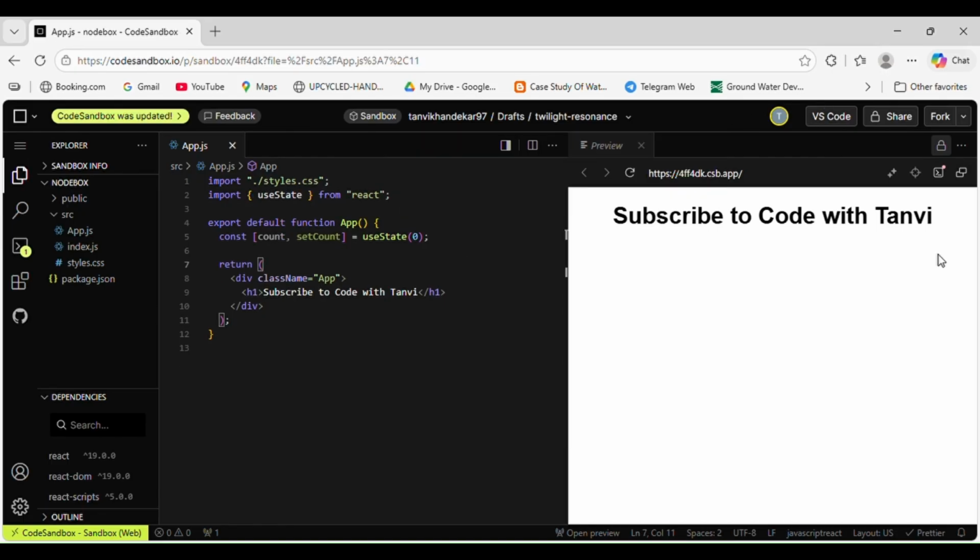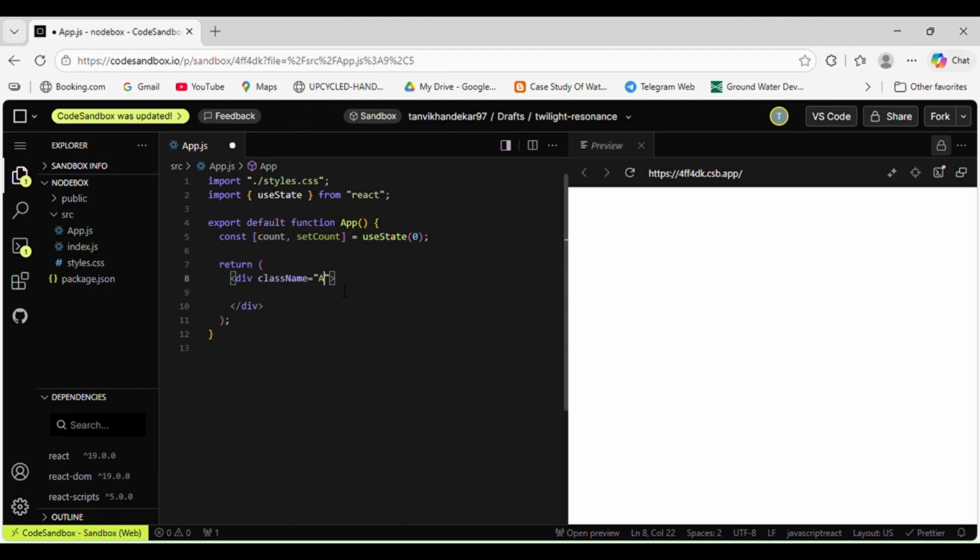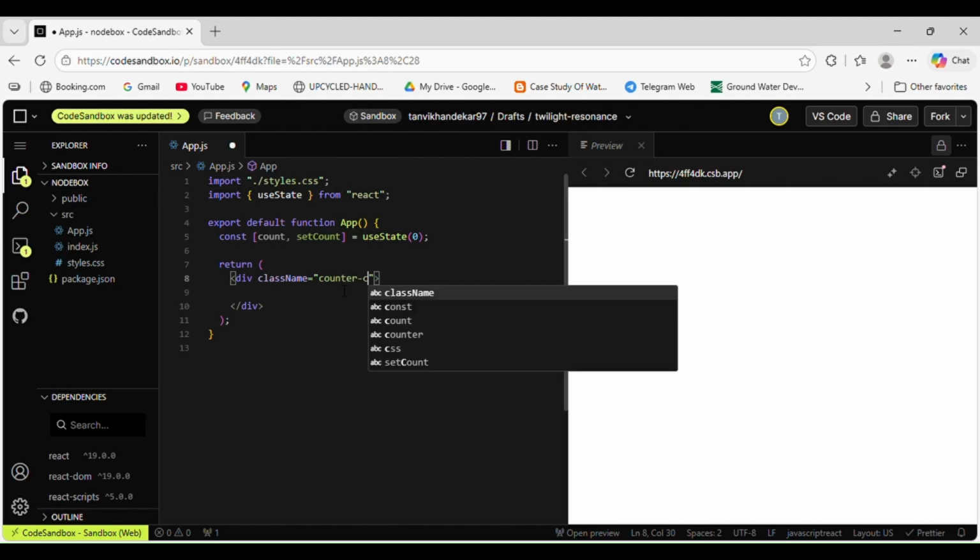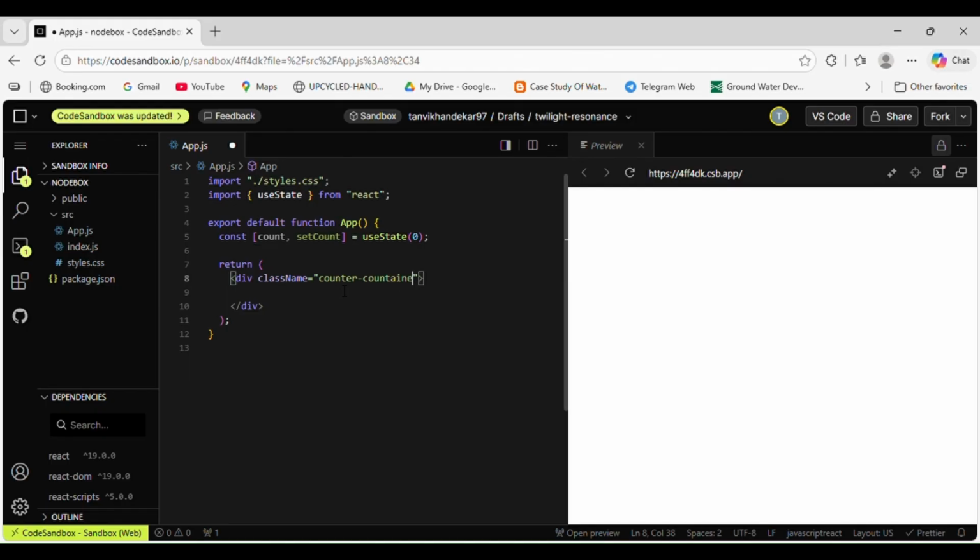Now let's build our UI. First, I'll create a div. We have already created a div here, but we will name this counter container. Now in the h1 tag,